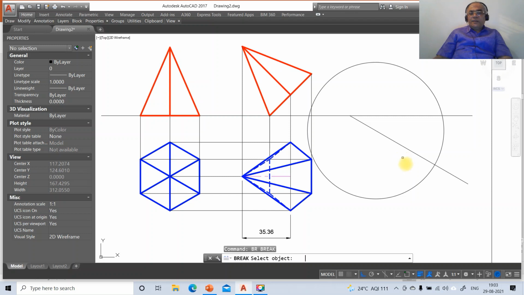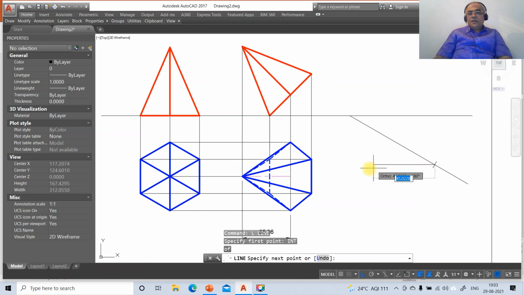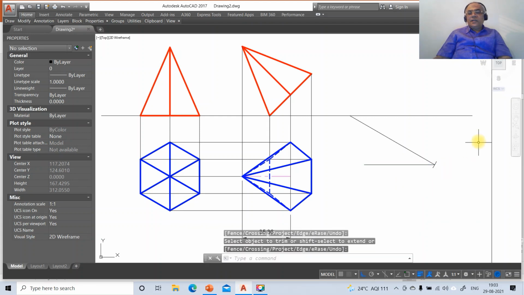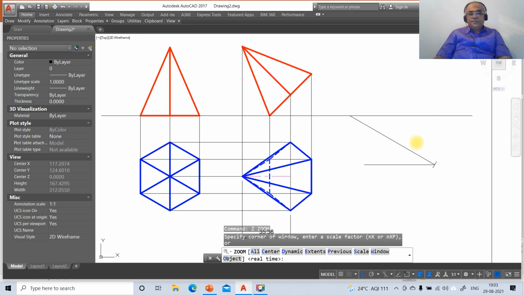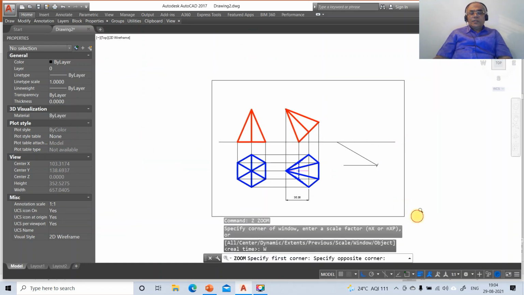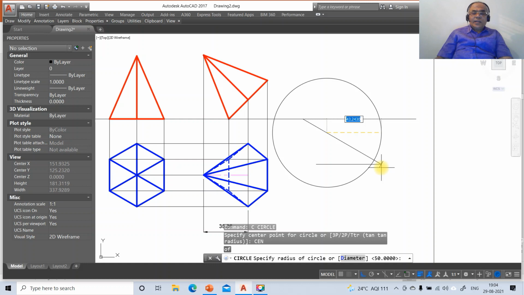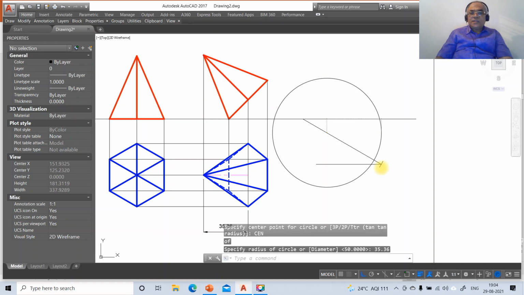So then go to break this line till here or circle here, then go to erase, then go to line, take int of this and draw a horizontal line, and then go to trim this till here. Now we go for 35.36. So you go for zoom window, then go to circle, take center of this, take the radius as 35.36,